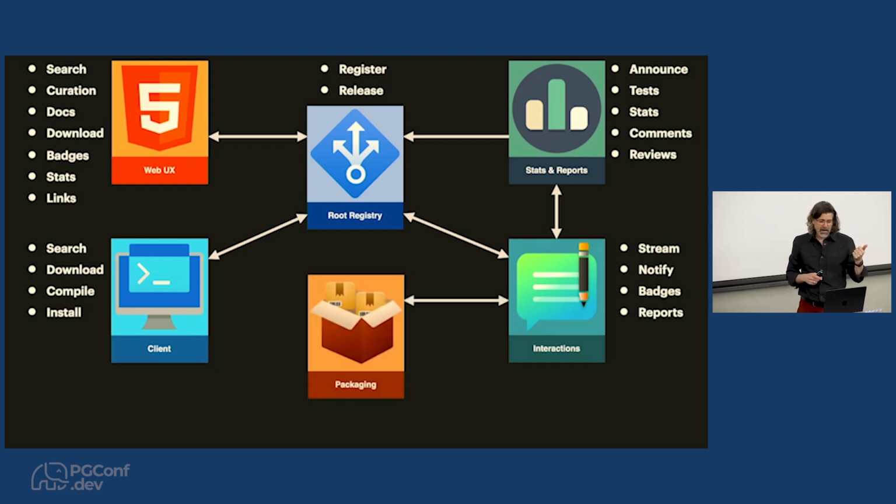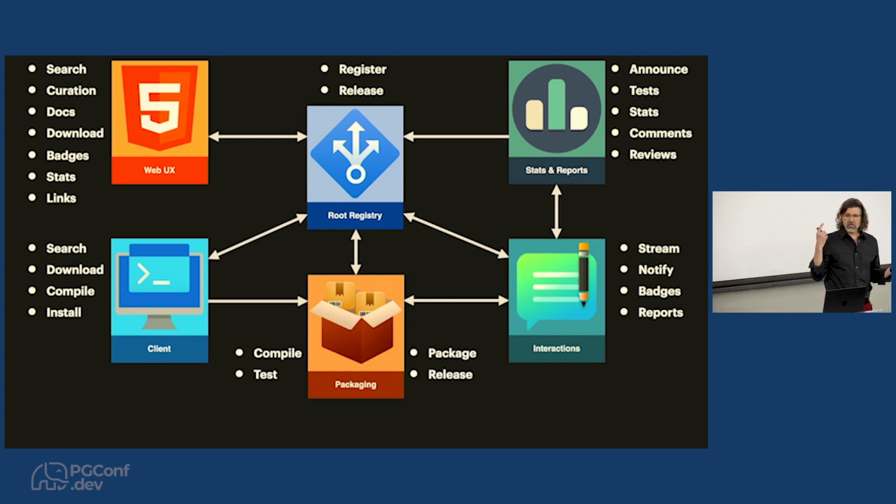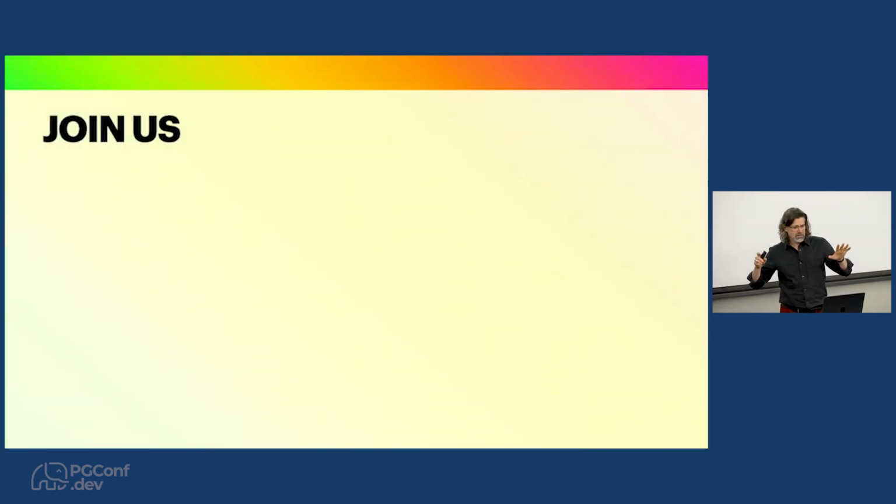And then there's a binary packaging system which is alerted to new releases from interactions. It could download the sources from the source registry, use the client to build them and put them in its own binary registry, and send that information back to the root registry to appear on the website. The CLI can be used to install these, so it no longer needs to necessarily compile from source. So that's the vision I wanted to outline today.